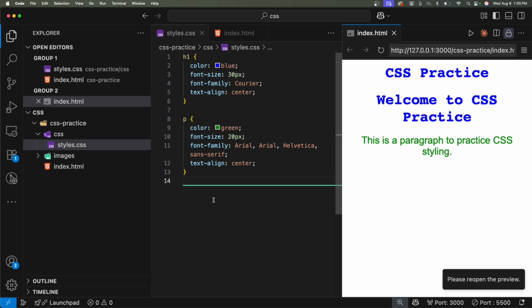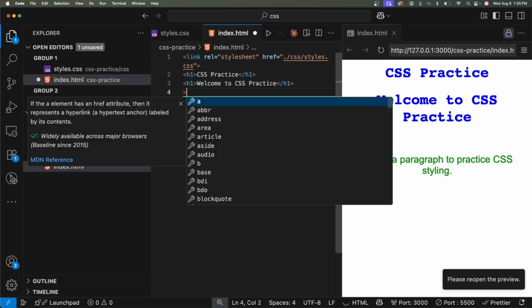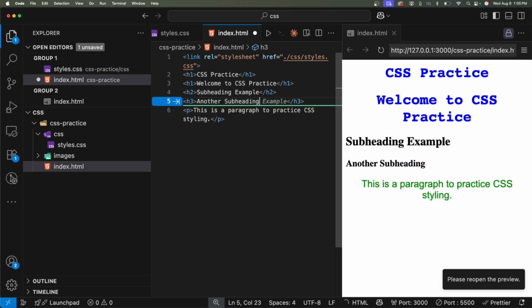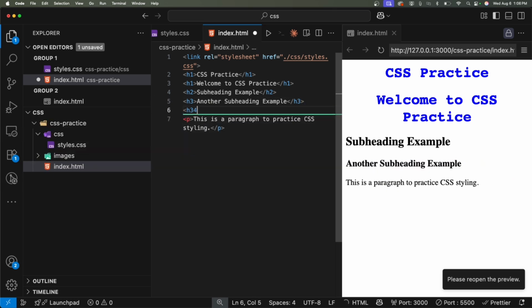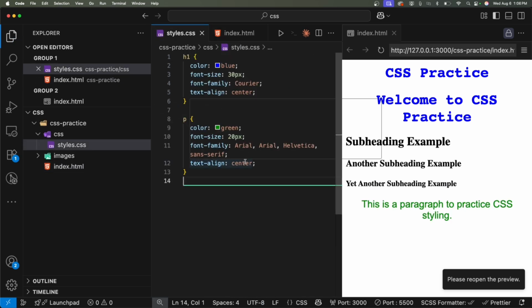So let's try adding more heading elements. For example, we're gonna write another heading, H2, and an H3, and an H4. Save the index.html file, go back to the styles.css file. Under the H1 selector,